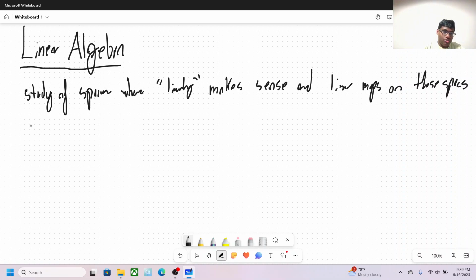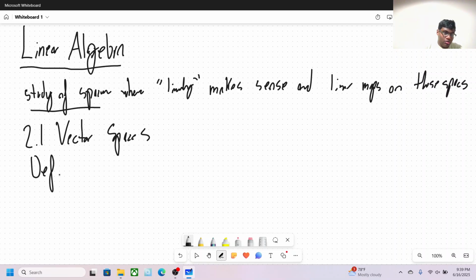So maybe we should start by actually talking about what these spaces are. 2.1, vector spaces. Let's make a definition. Let R or C be the real or complex numbers respectively. A vector space over R or, respectively, C